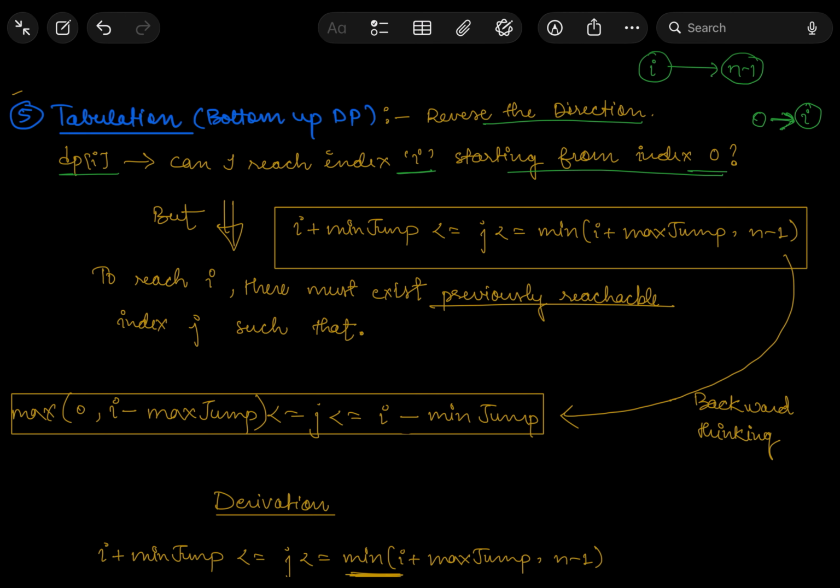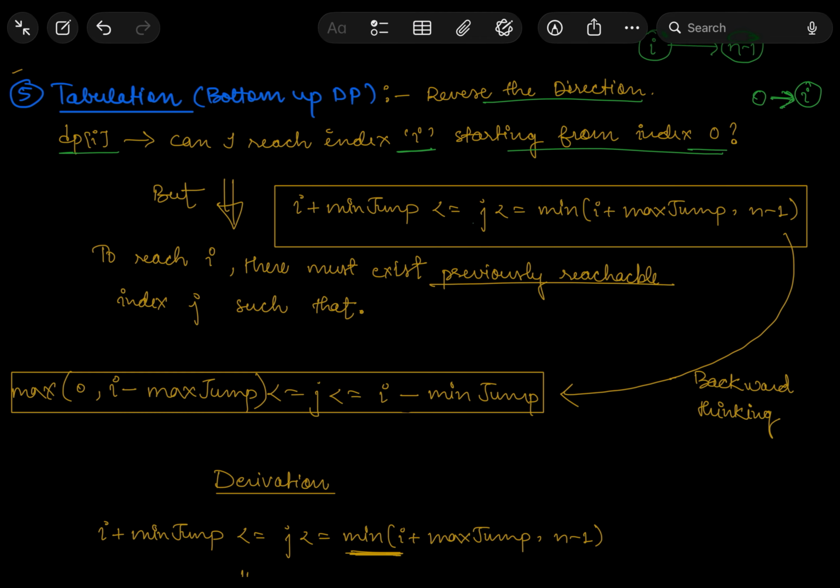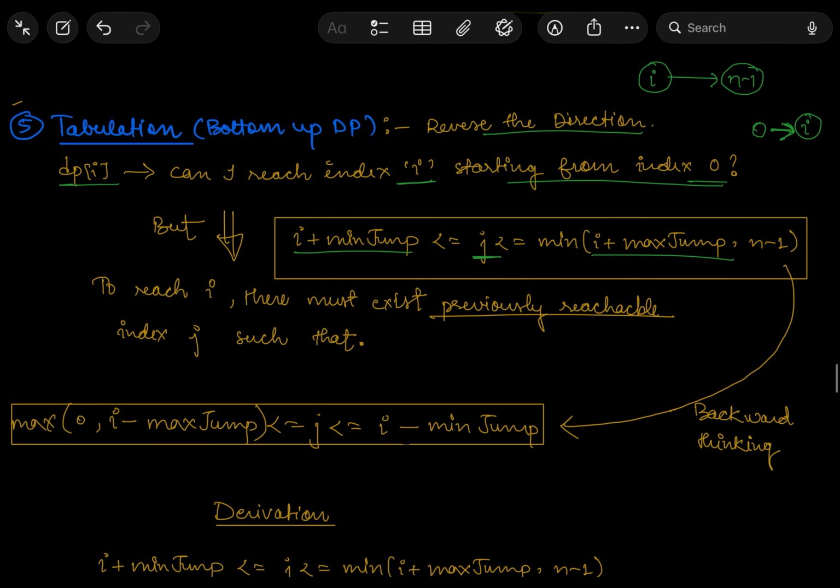And our j, where we were making jumps initially, was I plus minimum jump till I plus max jump. That was our condition, because we were making forward jumps from I. So we had this check of what all jumps I can make, what all the j values can be. But since we have now reversed the direction, for this I, we need to check